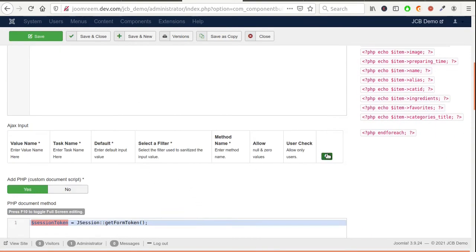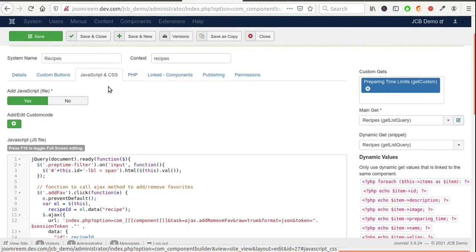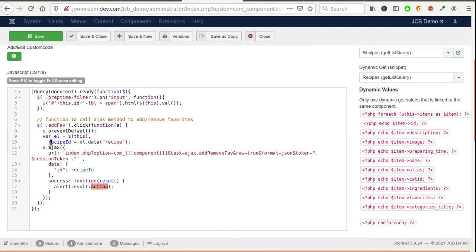Also in the Ajax input section, add a new row with the values shown on the screen. This section defines the parameters which will be parsed by the Ajax controller and passed to the defined model method. In this case, we have only one parameter. Its name is ID, and the value is the recipe ID.